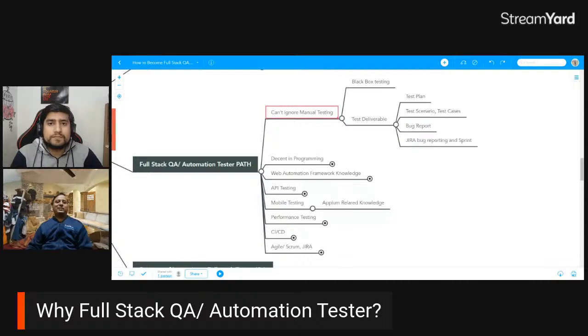Any company, even a startup, is actually having automation right in their resume. Even if you are only going for a QA interview, only 5 or 10% of jobs are there where you are expected to do only functional or manual testing. So do not jump directly to automation tools like Selenium or Postman, Rest Assured, or Cypress in JavaScript. The problem is that you would know the tool, you would know that this command is this, this command is that.